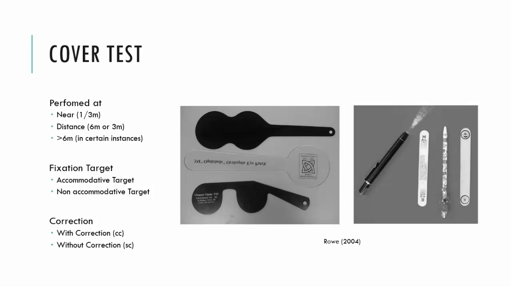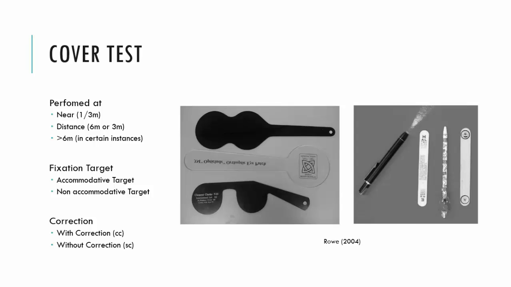And just before we move on to the components of the cover test, I just want to bring your attention to the occluders. There's two options. You can use a black occluder where you can't see under the cover, so you can't see the eye under the cover when you're cover testing, or you can use a Spielman occluder, which is a translucent occluder, such as this, where you can see under the cover and you can see the eye, but the patient can't see through that occluder. They've only got diffuse light, no contour,